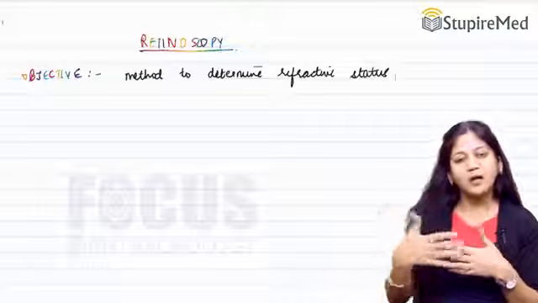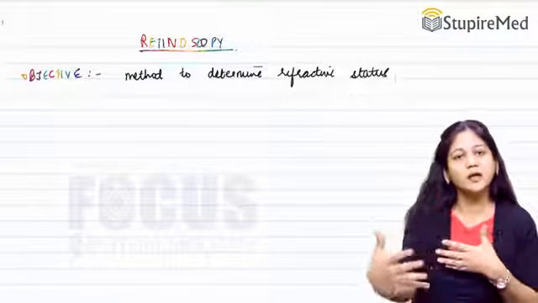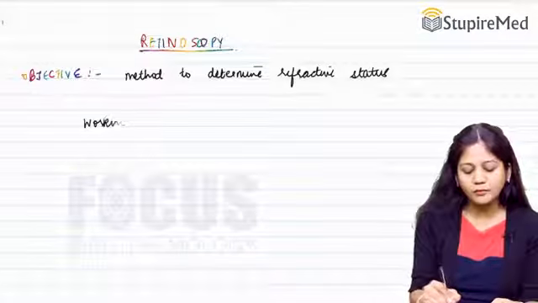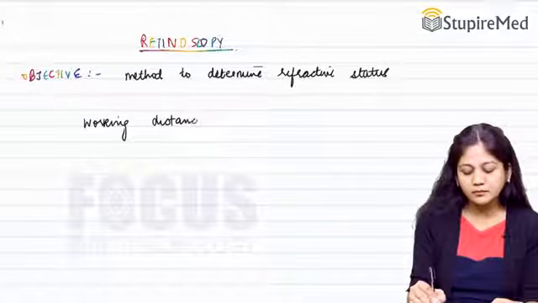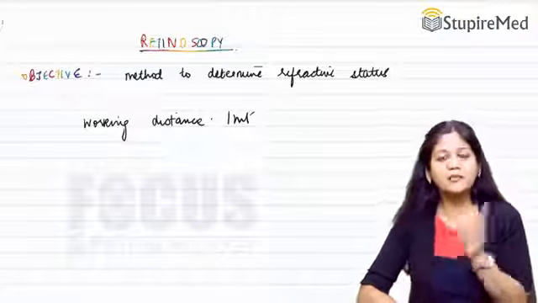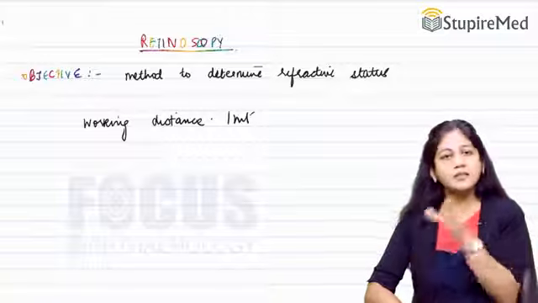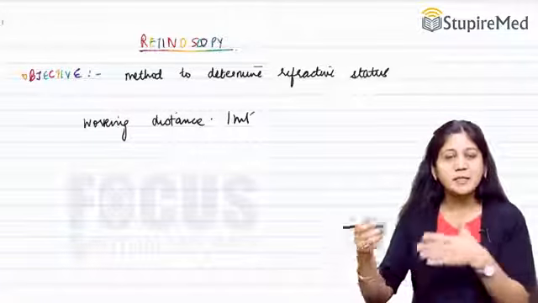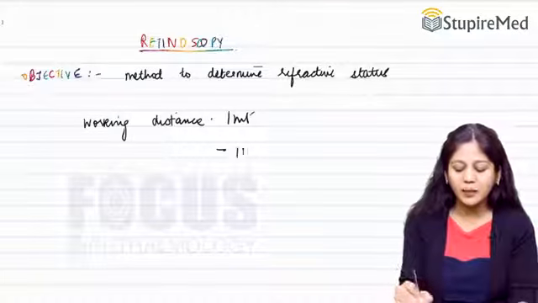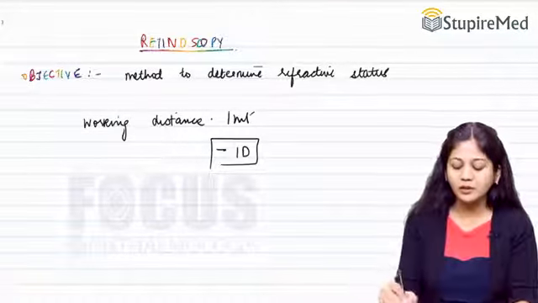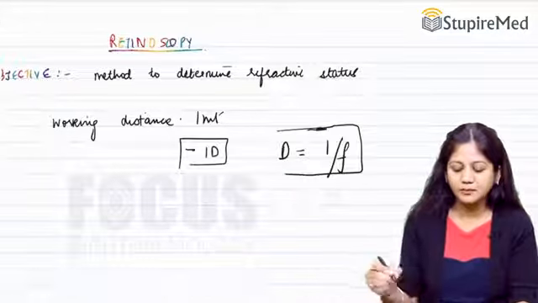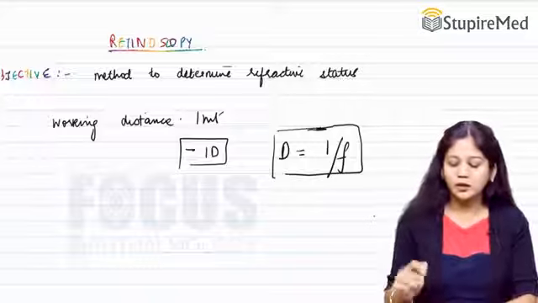Now this is practically impossible, to sit at infinity and do a retinoscopy, isn't it? That is why we use a conventional working distance. Here, most of the time we use a working distance of 1 meter. Now, when we are doing it at 1 meter, from the final retinoscopic reading we will subtract a correction of 1 diopter, because we all know that the dioptric power is 1 upon focal length. That is why we are making a correction of 1 diopter.